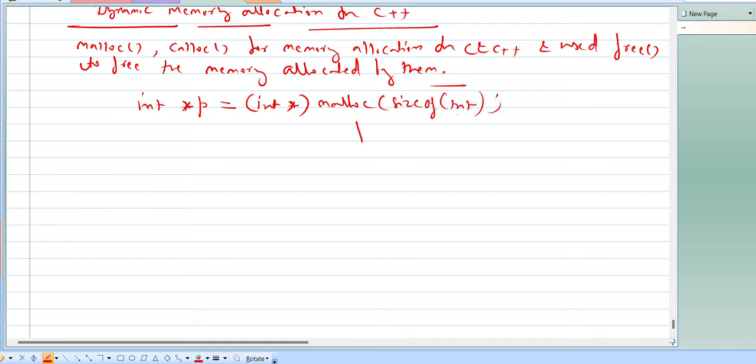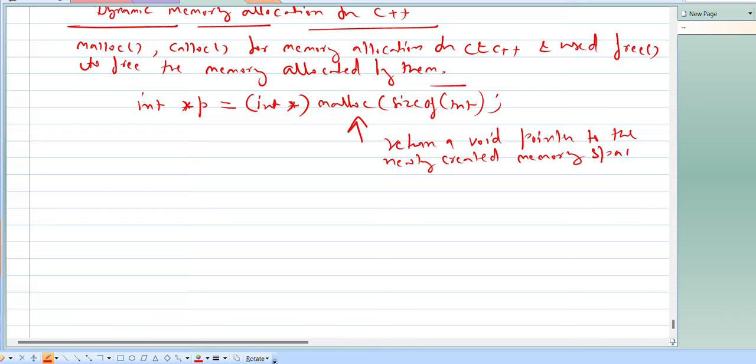Basically what it does, it returns a void pointer to the newly created memory space. It creates a memory location of whatever size we pass here, and returns a void pointer. So we need to manually typecast it